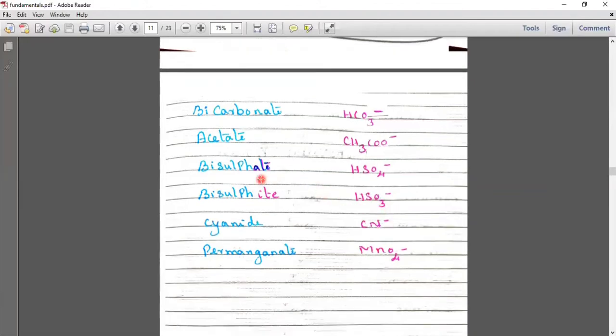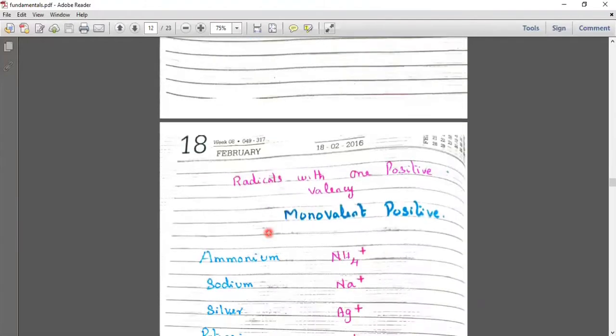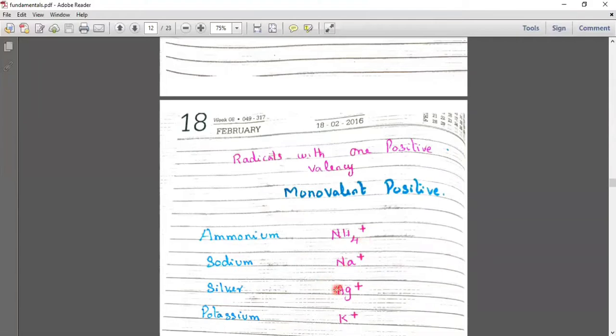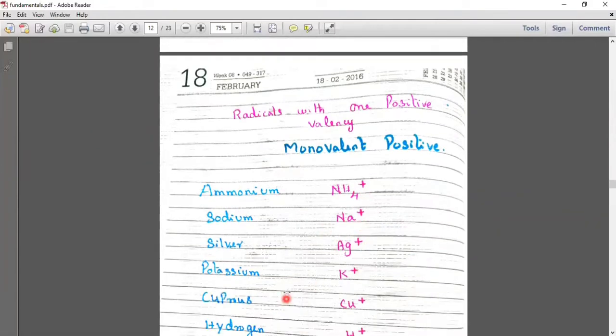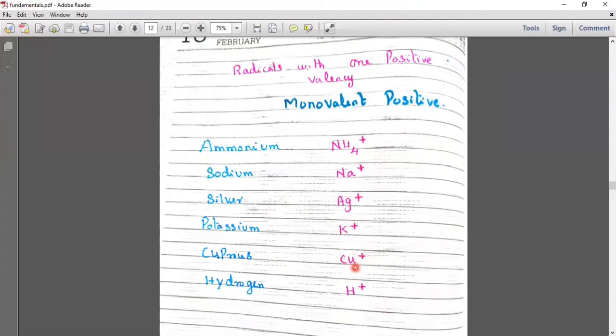So notice this ATE is for sulfate. Then ITE is SO3. Cyanide CN minus, permanganate MnO4 minus. Now let's see the monovalent positive ions. Ammonium NH4 plus, sodium Na plus, silver Ag plus, potassium K plus, cuprous Cu plus, cupric means Cu2 plus,